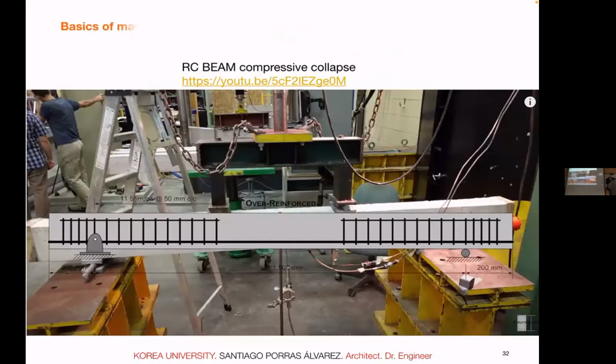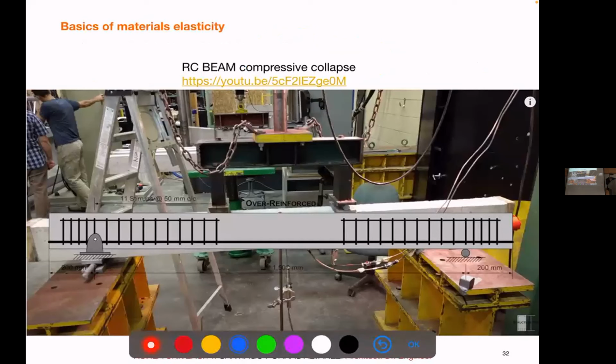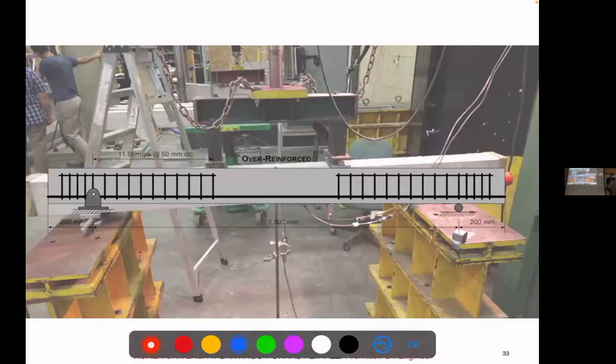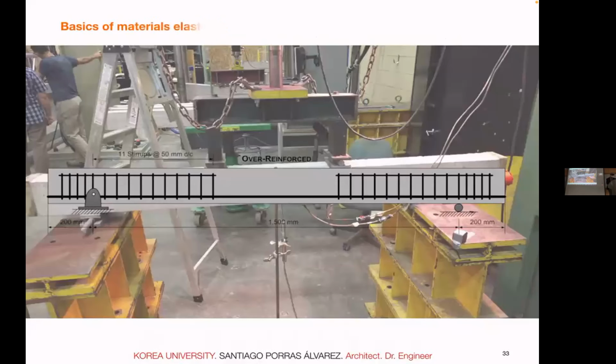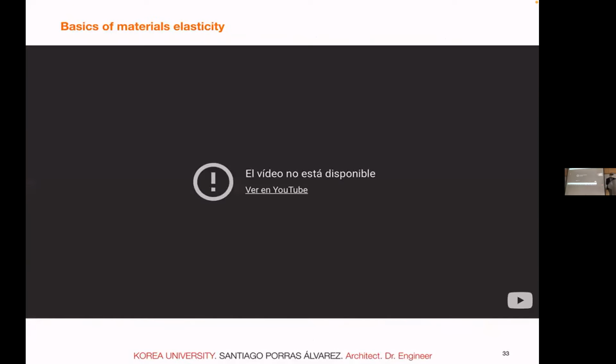So let's go to the compressive collapse of an over-reinforced column, right? So we have too much steel on the positive side. What happens? In that case, it will be the compressed concrete which will break. So this is very similar to the column collapse. Let's see if we can see it. Okay, let me take this out. Okay, we cannot see it. I could go to the navigator, but then I have to change the screen share. Okay, so you can think, I can tell you.